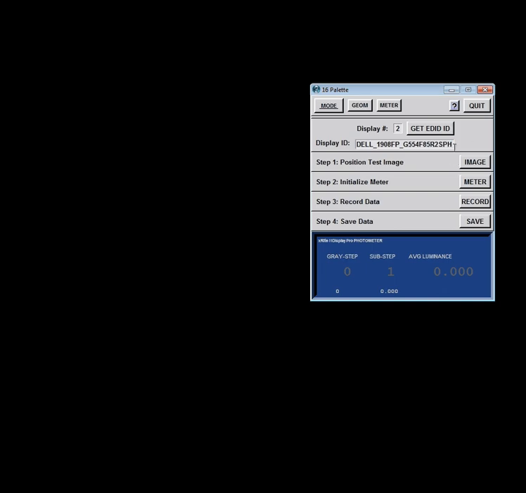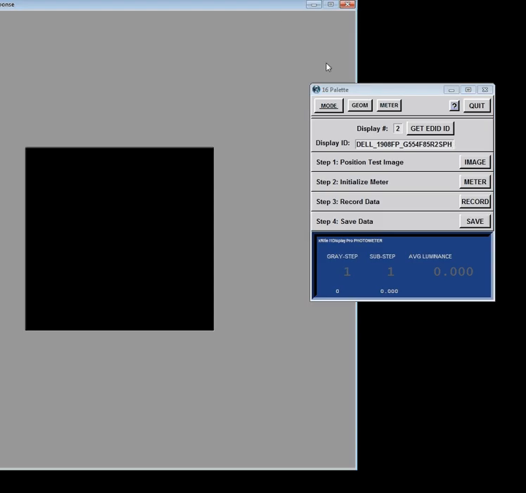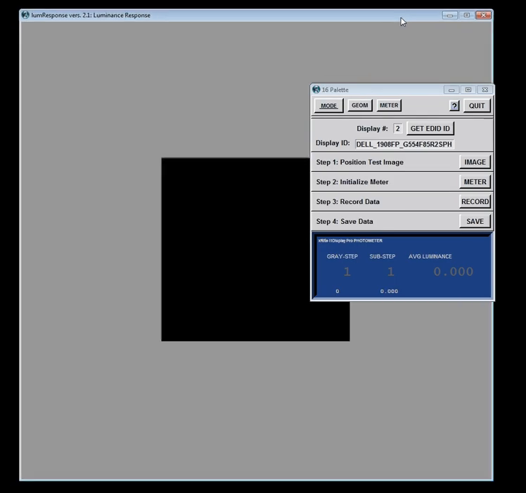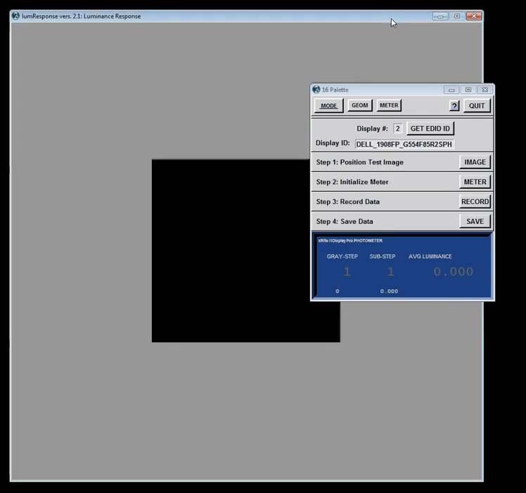You can also append to this if you'd like. So if you're doing multiple tests on a monitor, you can put a 1 or whatever after it. So once you have that set up, you can click on Image. It pops an image up, and again, the size of this image is going to be controlled by your inputs,